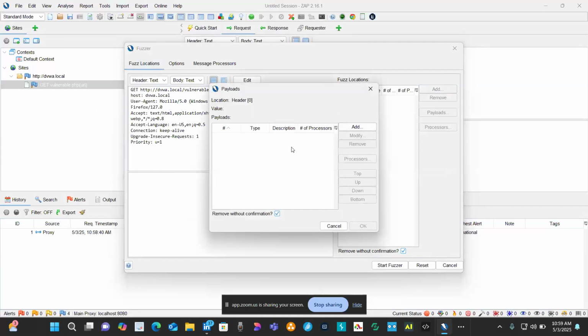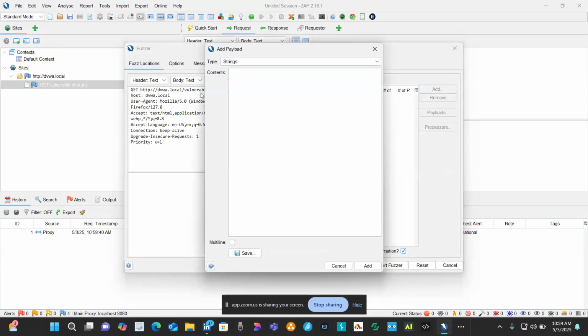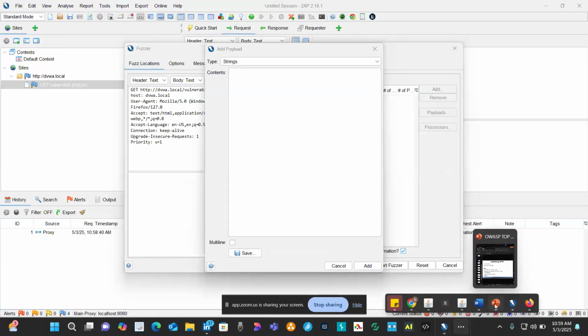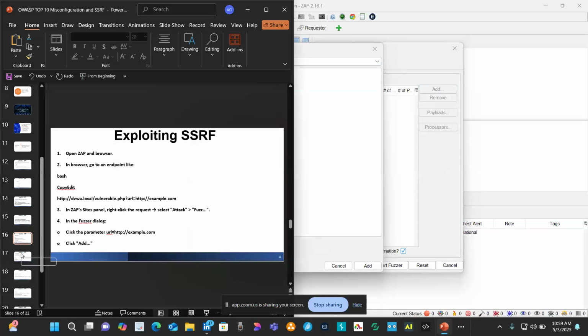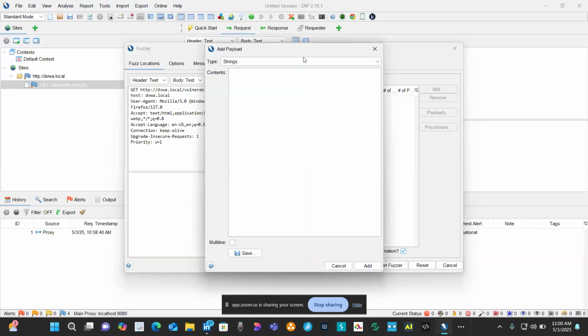Then when you go to the payload, you can put a custom fuzzer. Then I'm going to get that from the slide. I'm going to get that from the slide. So I'm going to add all of this. Now I would have used one of these